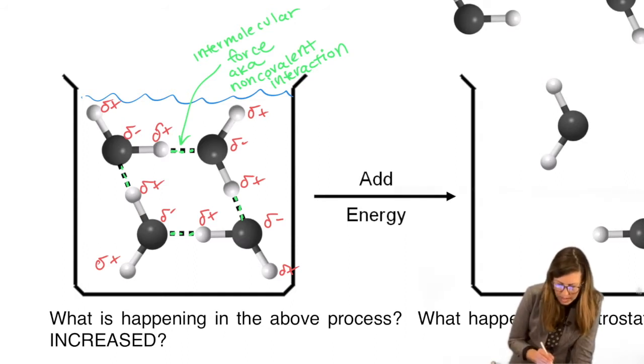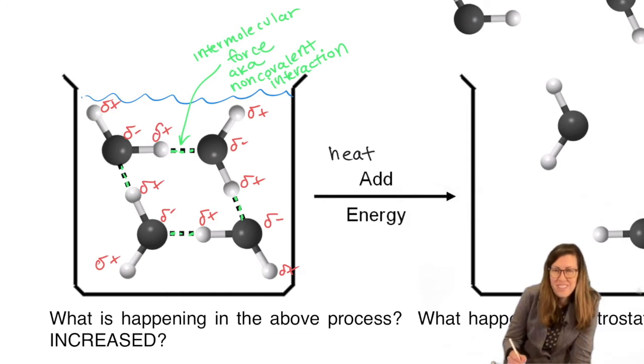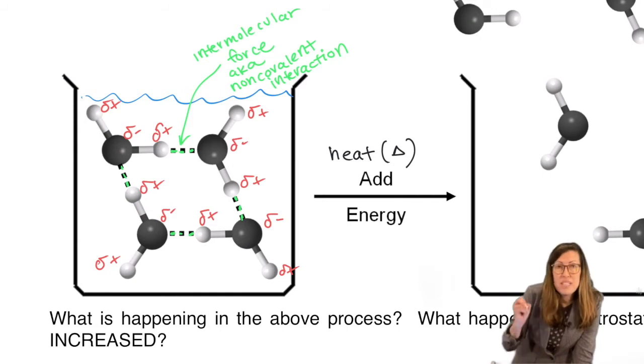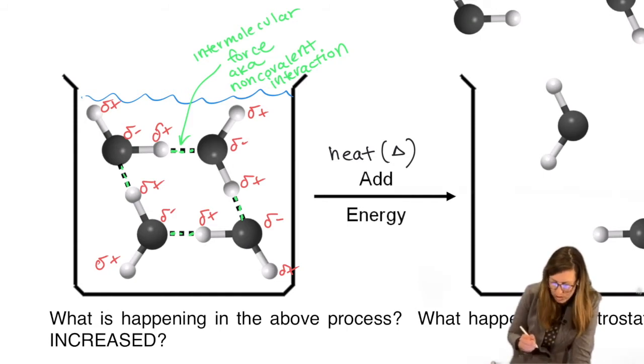So if we add heat, that's our most common form of energy by far. We often abbreviate that delta, by the way, over the arrow. Delta by itself means heat. When it's in front of a variable, it means change in. I know it can be confusing because most of your math, physics, and other chemistry classes so far will say delta E for change in energy or delta T for change in temperature. And we do that too. But when it's delta by itself over the arrow, that's the abbreviation for heat.